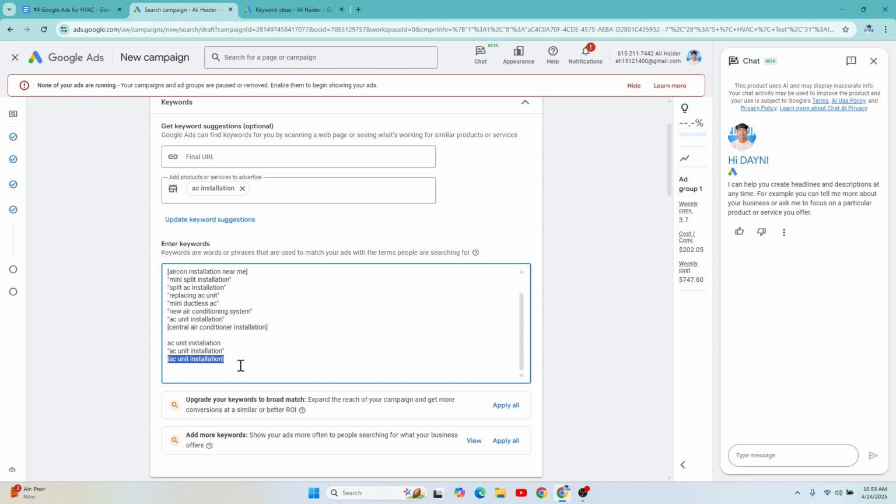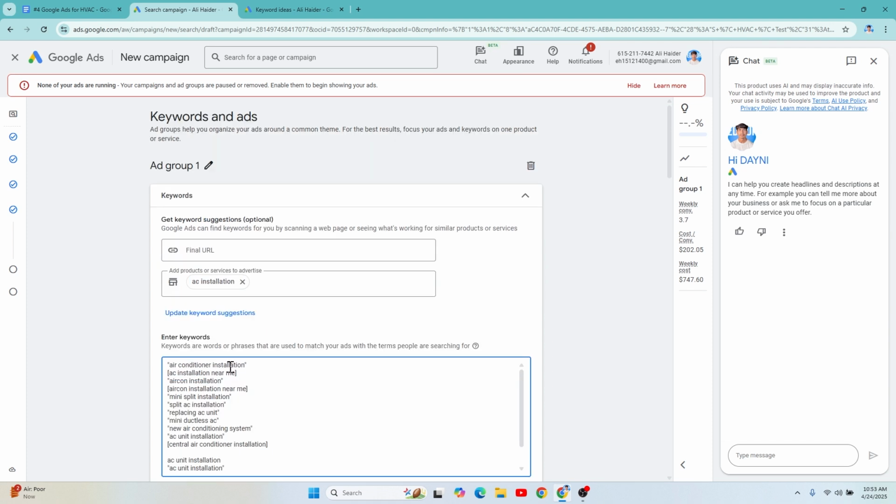Your ad will only show if someone searched the exact keyword or the same meaning. So I always start with exact and phrase match, and I avoid using broad match in the beginning because broad match wastes a lot of money showing our ads for irrelevant searches. When I start getting data and I am using smart bidding, then I will test broad match, but for the beginning avoid broad match.